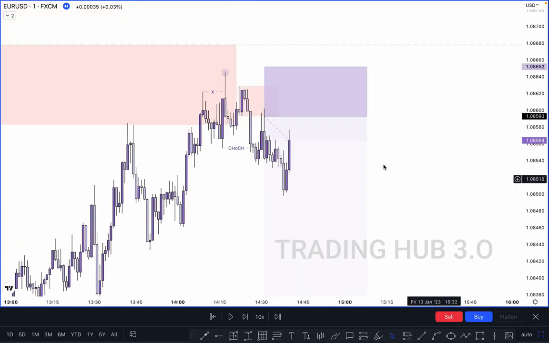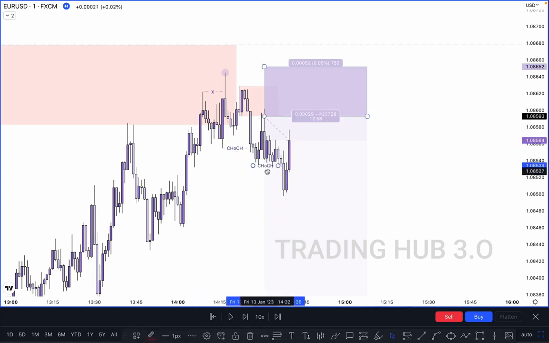So the first one you can see here, market momentum is bearish and market breaks this one, and this one is called a change of character, and this one is called a break of structure. And you have to remember one more thing: this is our general structure, and you have to follow the general structure when market taps on